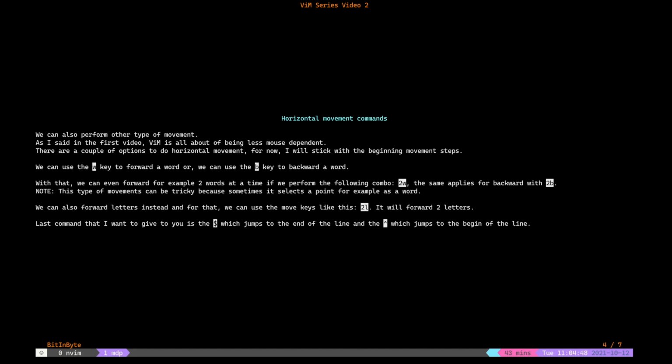So if you are in insert mode and you really want to use the movement, you need to use the arrow keys. As I said in the first video, Vim is all about being less mouse dependent, alright? So you can do everything without the mouse in Vim, basically. There are a couple of options to do horizontal movement.